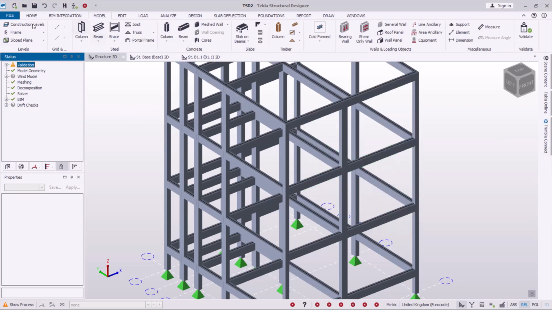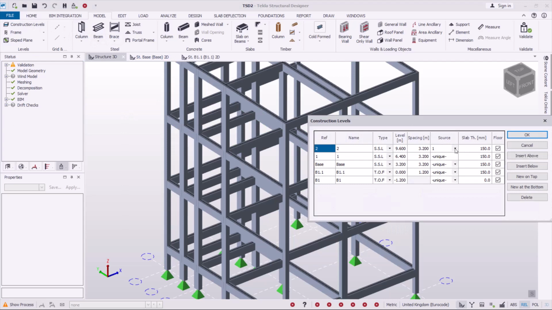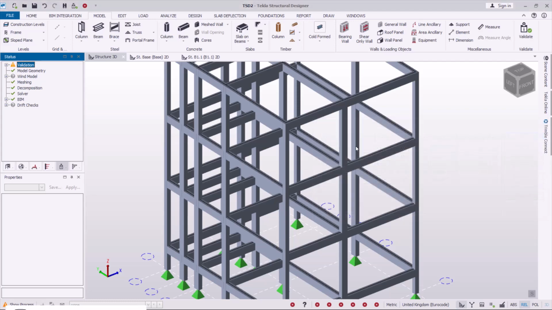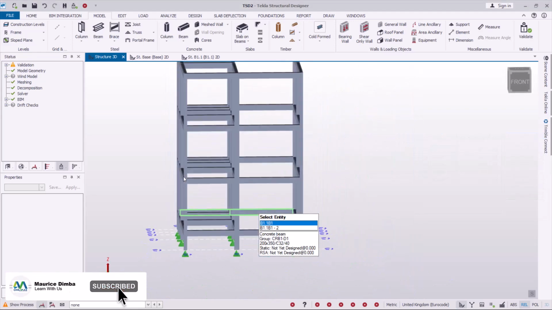Then once I've done so, I'll come back to construction levels and bring this back to unique, just in case we want to make some modification here that will not affect the bottom end beams that we copied from. So I'll just click OK, and that's it. If I try to rotate that, we'll have all these beams in place. So that's how you work around the DXF file brought from AutoCAD or converted from AutoCAD